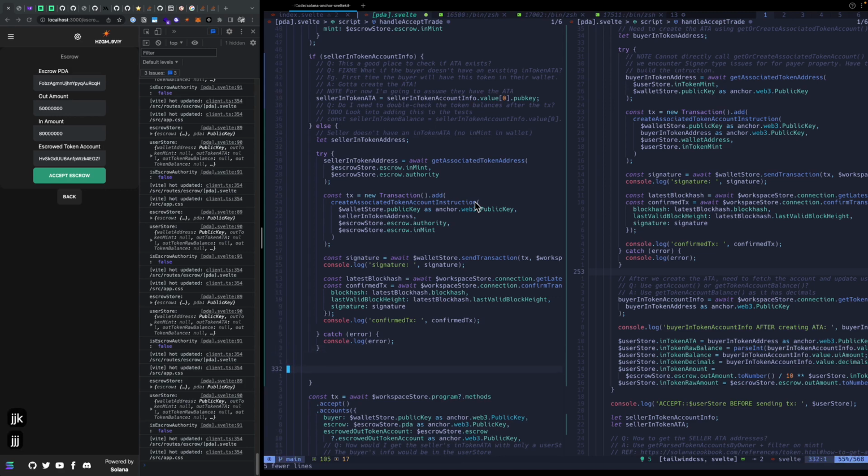If they can find an existing token, they're going to do this stuff, and they'll set the ATA to its pub key. If they can't, then we have to go through the process of deriving an address and creating the ATA, sending it all off and confirming. That should work. If that works, then at the very end, that means that the ATA that we already have, like this seller in token address, should work. Yeah? So what I could do is just,